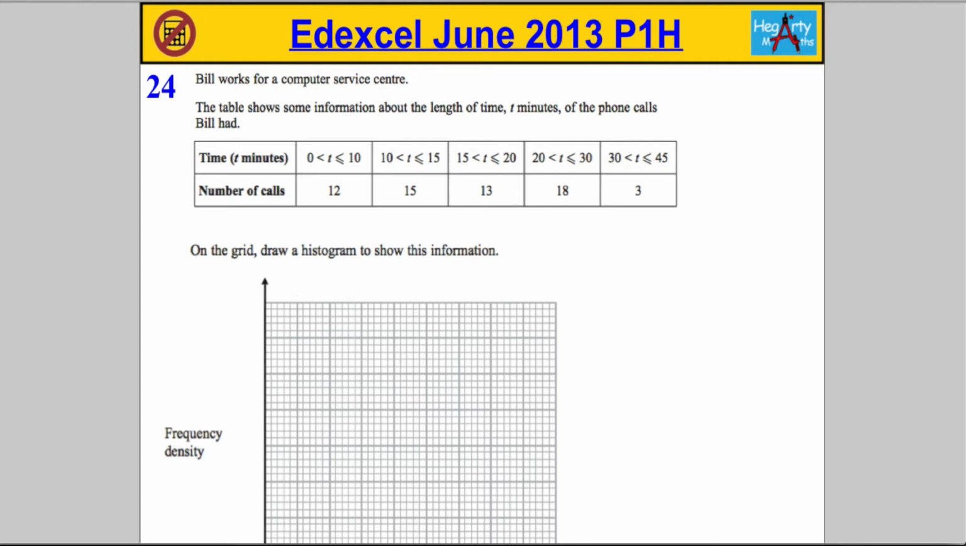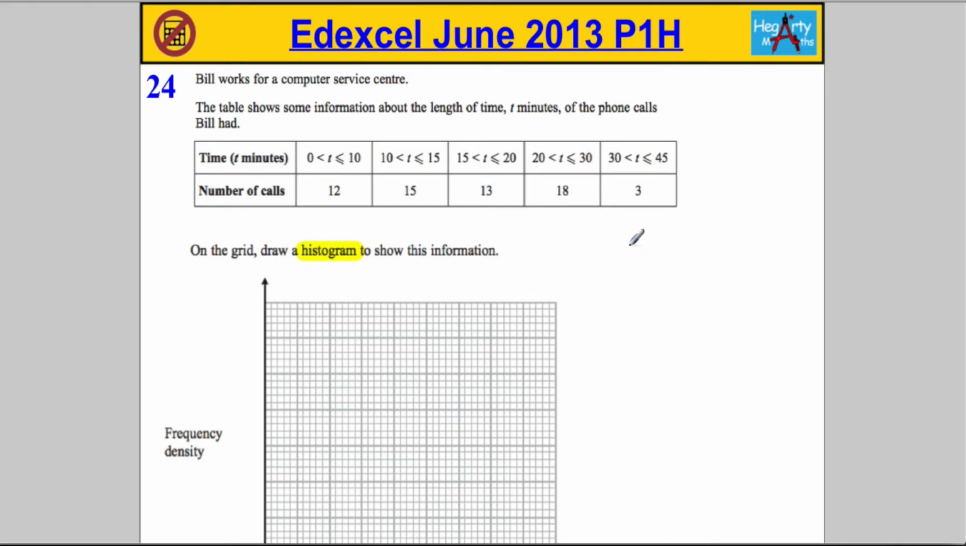Question 24. Bill works for a computer service center. The table shows some information about the length of time of the phone calls Bill has had. So we've got our table and on the grid we're asked to draw a histogram to show this information. Okie doke. So what we need to ensure we know is, well, we're talking about histograms, and for GCSE level we should know that